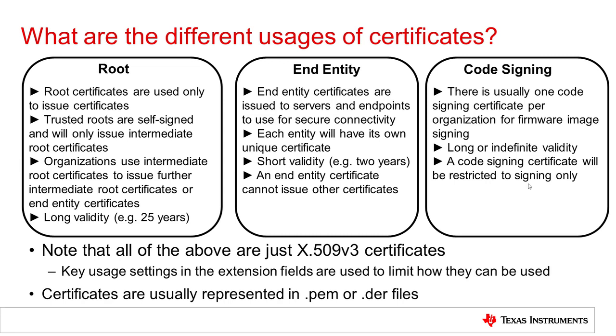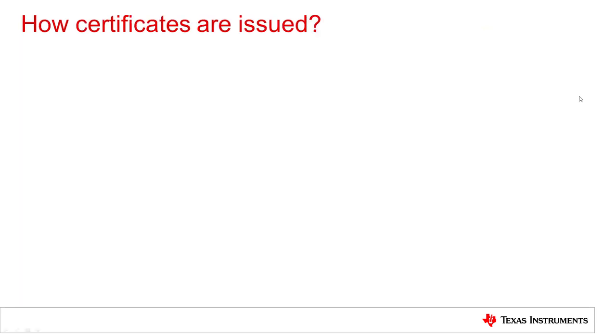And one other point of interest about certificates is that when you're looking for certificates on your computer, you'll typically find them in two types of files, either a .pem file or a .der file. So these are the common extensions used to represent certificate files. We've introduced a number of concepts such as trusted root certificate providers, intermediate root certificates, end entity certificates, and traversing the certificate chain to validate it.